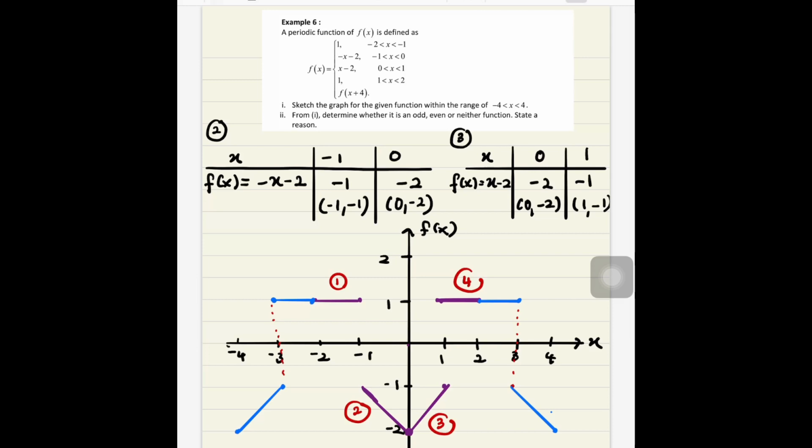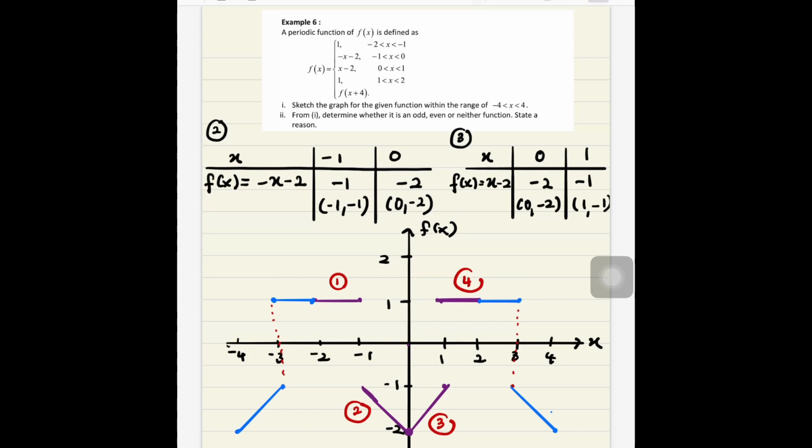You already sketch from -4 until 4. So when you are going to decide whether the function is odd, even, or neither function, you can just focus on the original graph here, the complete graph here. As you can see, again it is symmetrical about fx axis. Okay, so therefore this is an even